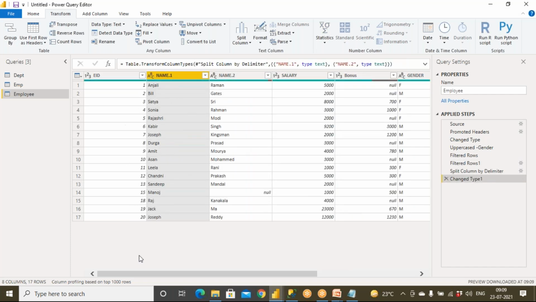Now the original name is gone. The original name is split into two: Anjali and Raman, Bill and this one, and so on. I wanted to create it there itself. I don't want to create a new column. But some customer says I need the full name as well as the split names also. So if that is the case, you have to